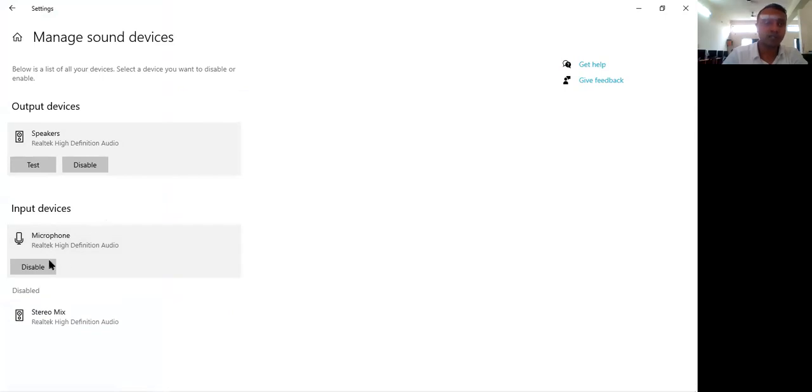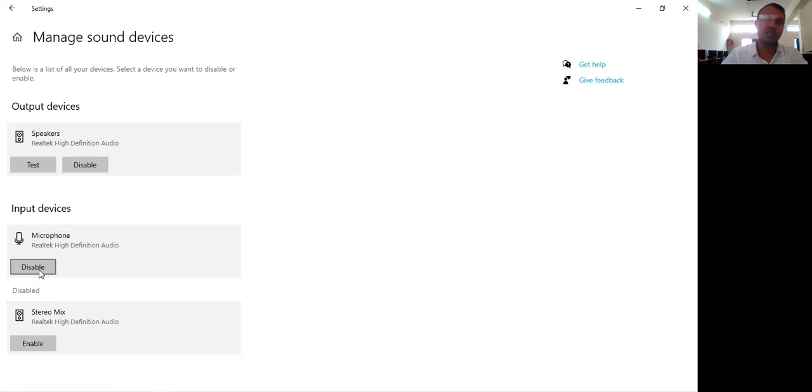If you have some problems regarding the microphone, just see whether it is enabled or not. If it shows the disable option, that means it's okay, it's running. But if it's showing the enable option, then you have to enable it. Stereo mix I have not connected, that is why it is showing enable. When I connect a stereo mixer sound, special Realtek high definition audio, then I have to click on the enable option. Then only this stereo mix speaker, special quality high definition speaker, will be connected after this.